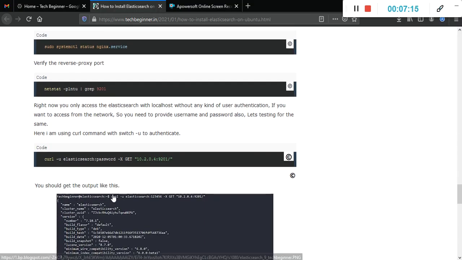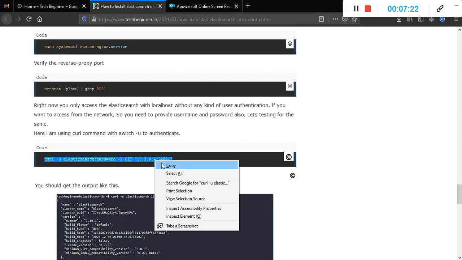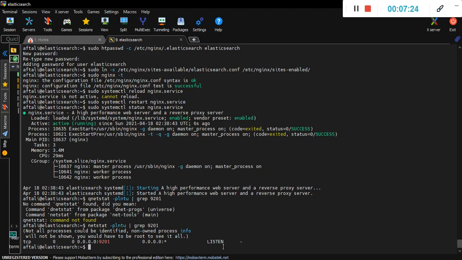Okay, and after that again we need to hit the curl command on the nginx reverse proxy to get the result. So this is the curl command, and this is the username, and here I need to put the password.